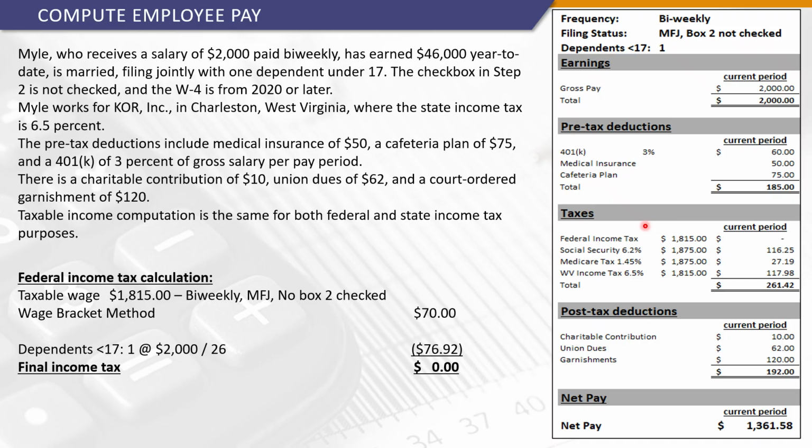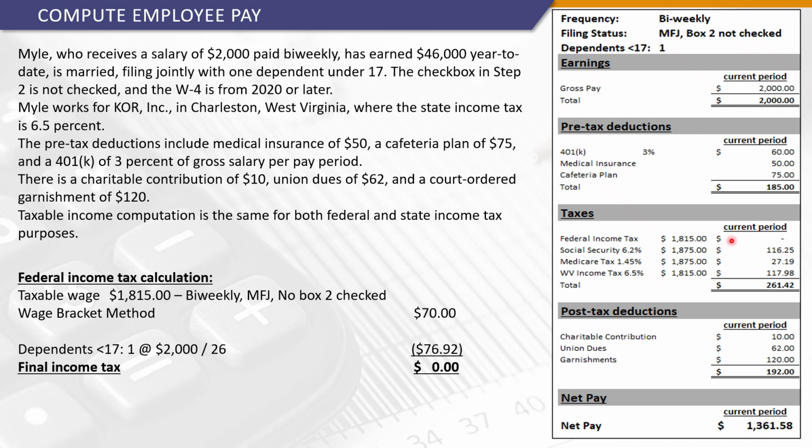It's important to remember that the amount of $1,815 is the federal taxable wage. For purposes of calculating the FICA taxable wage, which is used to calculate Social Security and Medicare taxes, we don't deduct the pre-tax deduction for 401k. That means that the FICA taxable wage is $1,875. We then subtract all mandatory withholdings starting with the federal taxes.